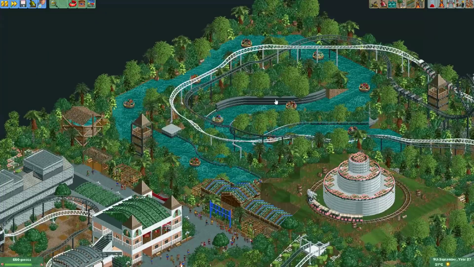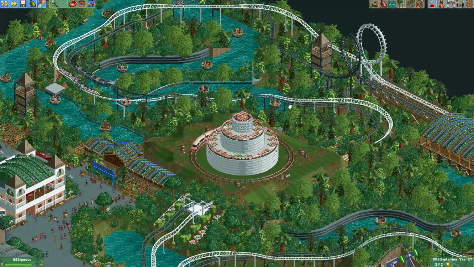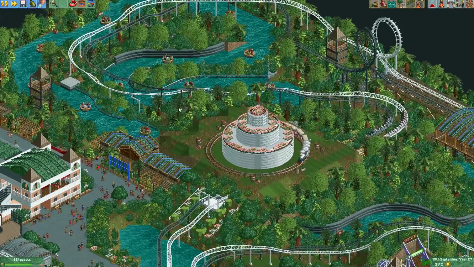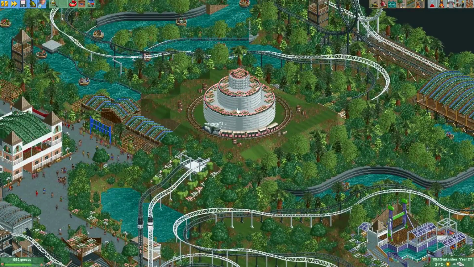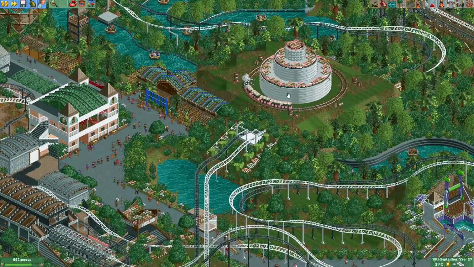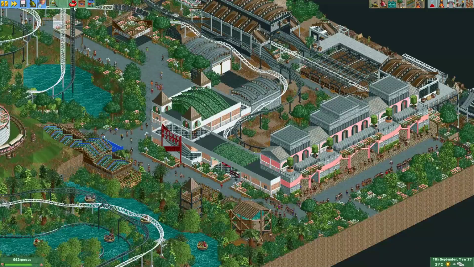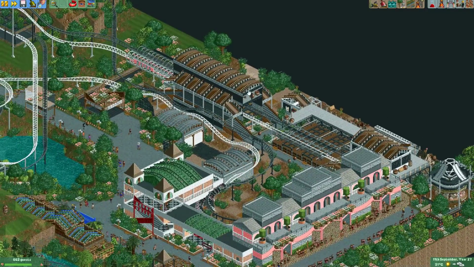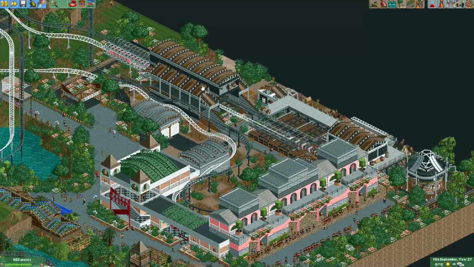They go through the loops here, and then some more track here, just throughout the plot. So really cool looking river rapids here. That looks really nice. Of course, I also love this wedding cake that he made. And what I like most about this entry is the buildings that he made. These buildings look awesome. It's really great work on these buildings. They look really nice, great track texture, and